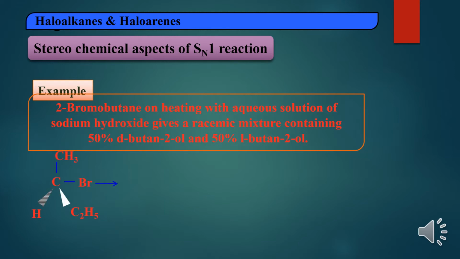Now see again. In 2-bromobutane, again halogen is attached to a stereocenter or stereocarbon atom or asymmetric carbon atom. So the carbon atom is attached to 4 different groups again. That example we have taken and we are writing the reaction. If you take an asymmetric carbon atom containing alkyl halide and write the reaction, then it is called the stereochemical aspect of SN1 reaction or SN2 reaction. So in this case, the 2-bromobutane is there. Here also halogen is attached to an asymmetric carbon atom or stereogenic carbon atom.